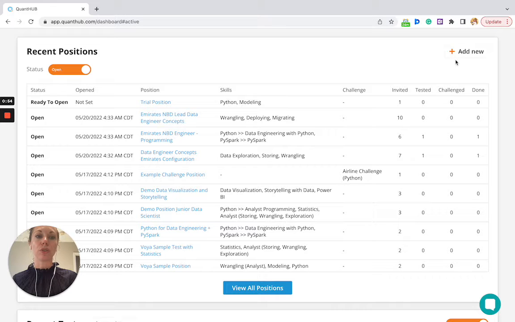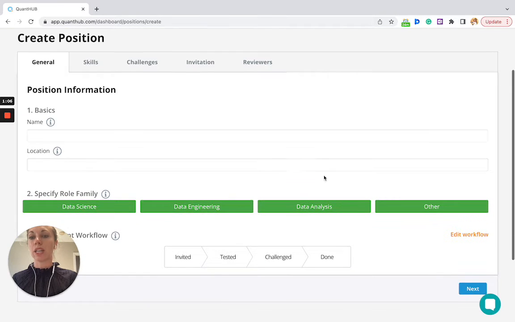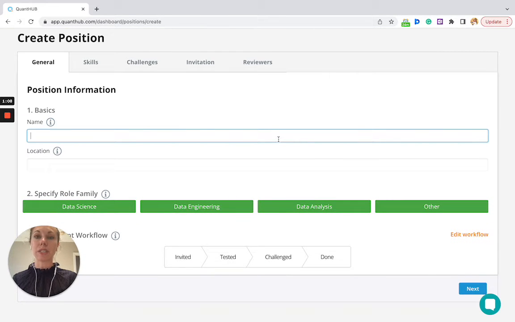All right. We're going to click Add New. And our first step is to name our position. Name your position something that identifies it in line with the position you are hiring for or the internal role that you are benchmarking for. So for this one, it's going to be Data Science Basics